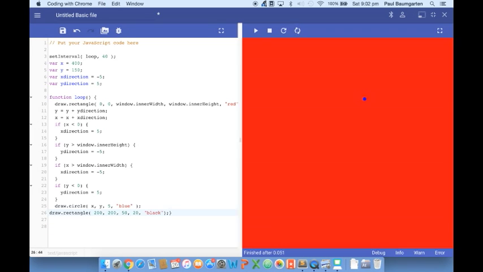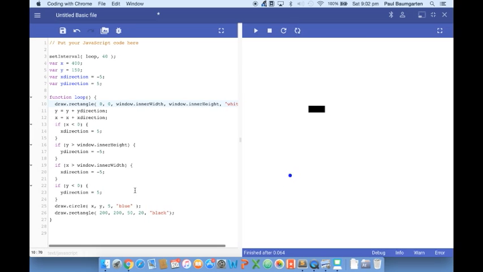So that's fine. I'll cut and paste it into here. And there's my rectangle. Let's get rid of this big red screen. Now that's not where I want the paddle for my game. I want it just a little bit off the bottom. So instead of Y being 200, let's take whatever I know that the bottom of my screen is, this window.innerHeight. So if I copy that and paste it in here,